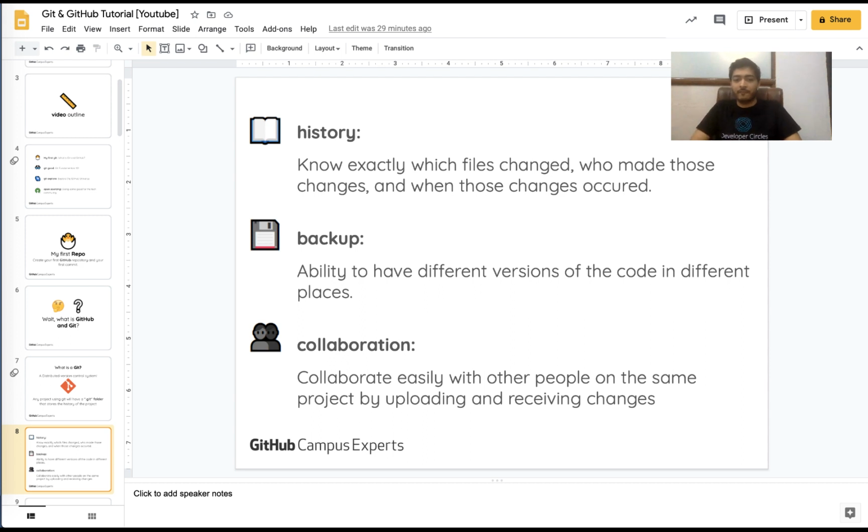That will be covered in the backup feature, which allows you to have the ability to create different versions of your code. So for instance, let's take the example of iOS. Let's say Apple releases iOS 15 and they realize that they have made a mistake and they want to revert back to iOS 14. Do you think that they would have separate folders for each of the iOS versions? Not exactly, because that would be highly inefficient to keep folders of all the versions that they released in the past since they developed the iOS.